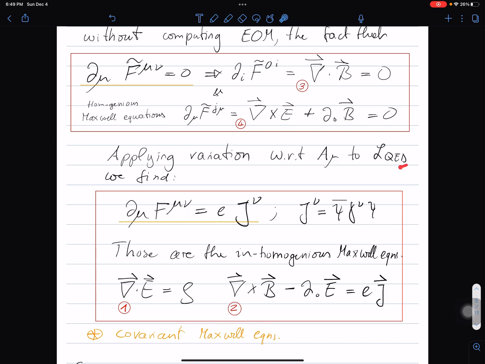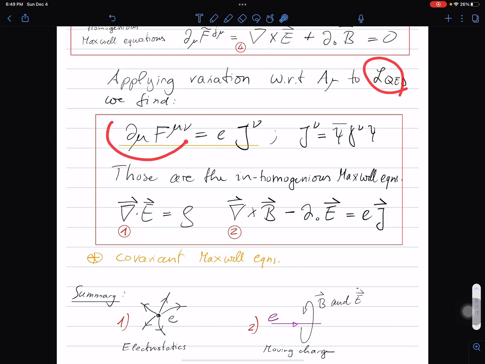The variational principle of the QED Lagrangian, however, gives us that the derivative of the field strength tensor is proportional to the electromagnetic current, given by psi bar gamma nu psi. If you look at it in components, the zeroth component, taking nu equal to 0, gives us that the divergence of the electric field is equal to the electric charge density, and the rotation of the B field minus the derivative of the electric field is equal to the motion of electric charge. So this is the electric current in the spatial components.